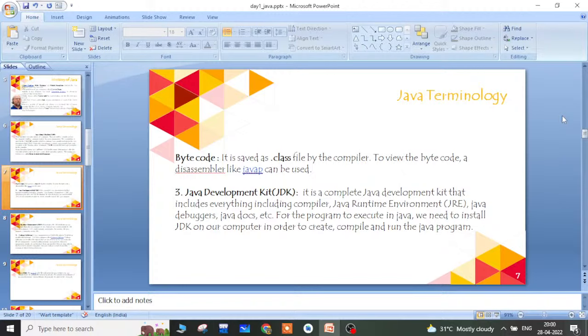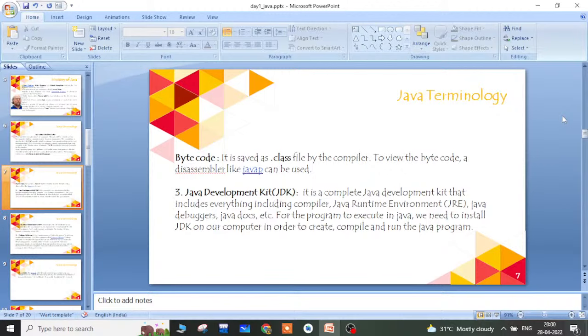And we use the terminology JDK, which abbreviates Java Development Kit, a complete toolkit which includes all the compilers, Java running environments, Java debuggers, and documents. Everything is included in this JDK.